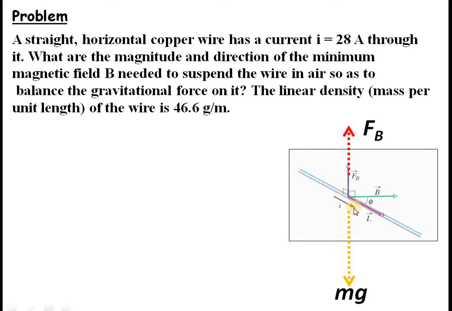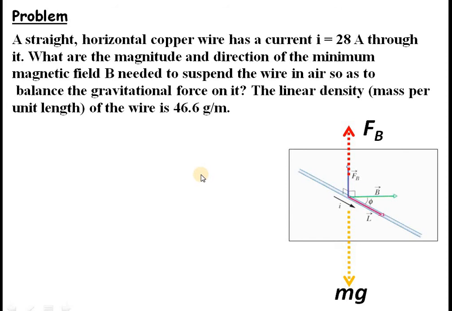So a magnetic field is acting on it, so there will naturally be a force. And obviously when a wire is suspended in a magnetic field, what happens? There will be a downward gravitational force. So the question asks how much magnetic field B should be given so that the wire gets suspended. Neither small nor large, equal force. So an equilibrium is reached so that the wire floats in the air.